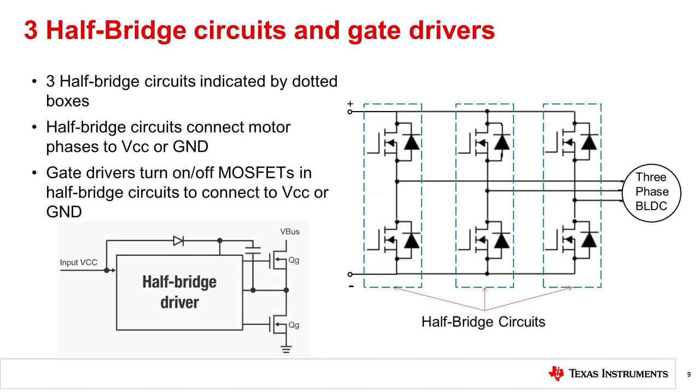Each of the 3 half-bridge circuits are indicated by the dotted boxes. Each half-bridge circuit consists of 2 MOSFETs in series with their junction connected to one of the 3 motor phases. The half-bridge circuits can either connect the motor phases to VCC or ground, and do this in such a way that current can be injected or energized in stator coils, as indicated by the red dotted line. The ability of the half-bridge circuits to switch which phases and stator coils are energized is how commutation is accomplished. A moving magnetic field is generated and a BLDC motor is spun.